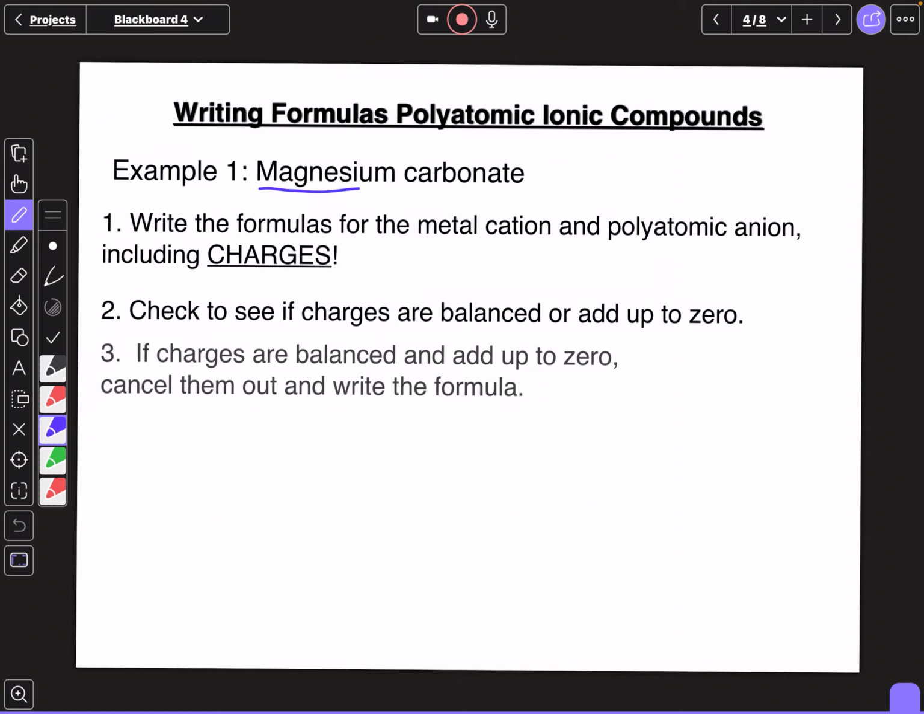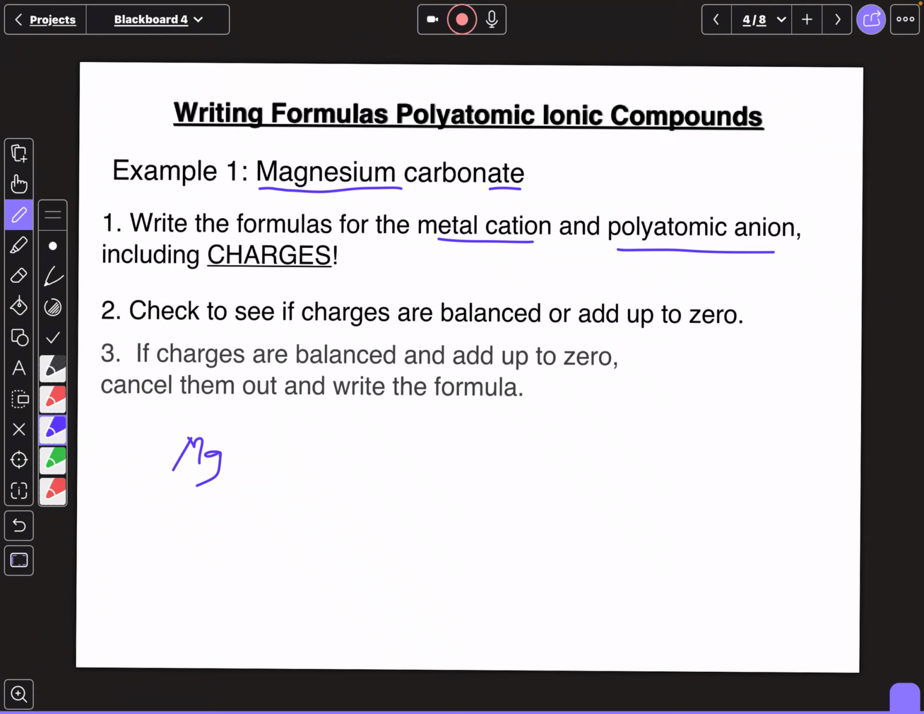I look at magnesium: metal or non-metal? It's in group 2A, so it's a metal, to the left of the stair-step line. And the second thing mentioned here is carbonate. Since it doesn't end in -ide, I know for sure it's a polyatomic ion. So I'm going to write formulas for the metal cation and polyatomic anion, including charges. Magnesium,